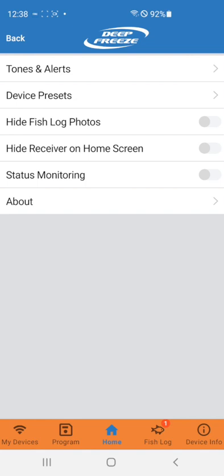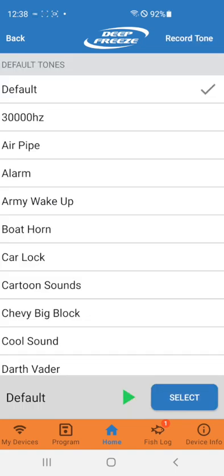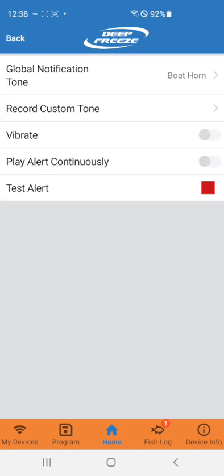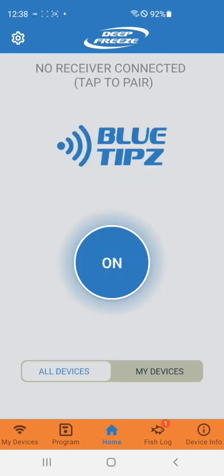So if we want a louder tone, we'd click in the upper left corner of the settings gear wheel, tones and alerts. Global notification tone, you can see under there it's default. We're going to change it to something loud. Let's select boat horn. Select at the bottom. We can test the alert. There we go. Nice loud alert there. So now if we tip up our transmitter,